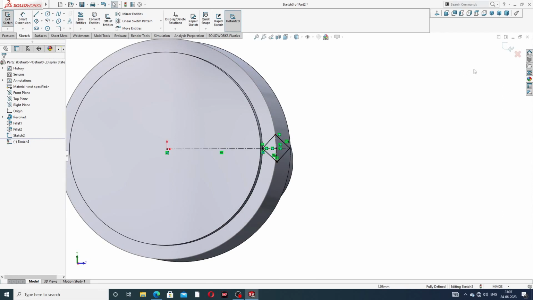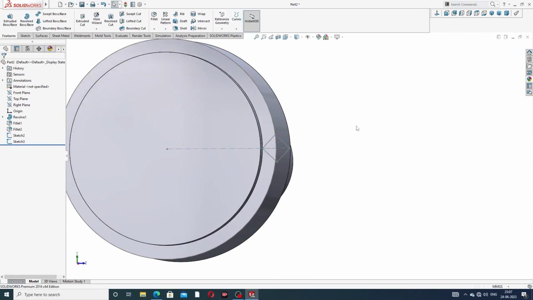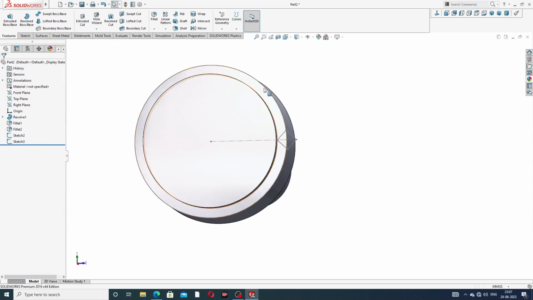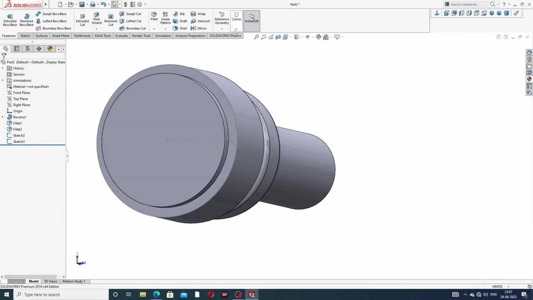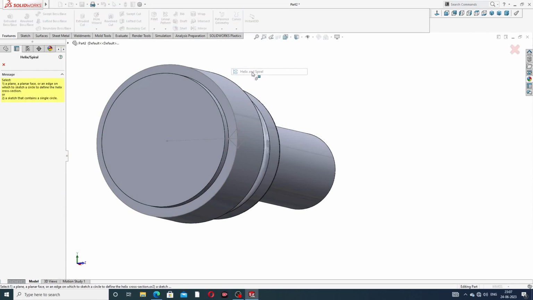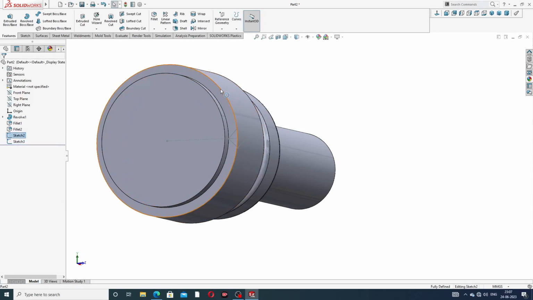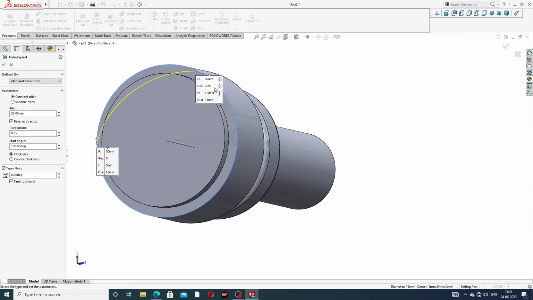Okay, and click exit, and next is use this, select a helix and a spiral. Okay, and select this line and use a helix and a spiral. Okay,